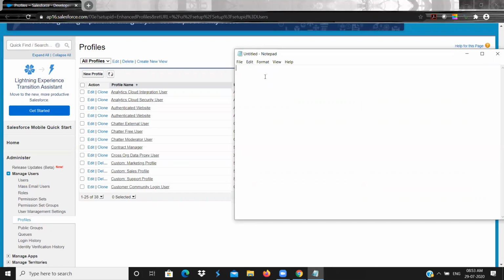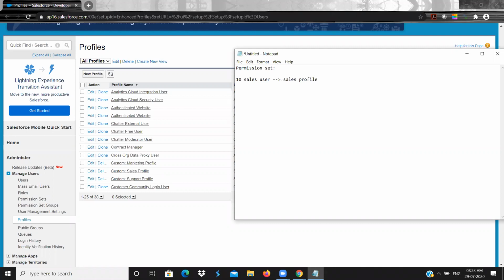Right now we have another concept called permission set. So what is a permission set? For example, I have 10 sales users. These 10 sales users have the same level of access because they have the same sales profile.